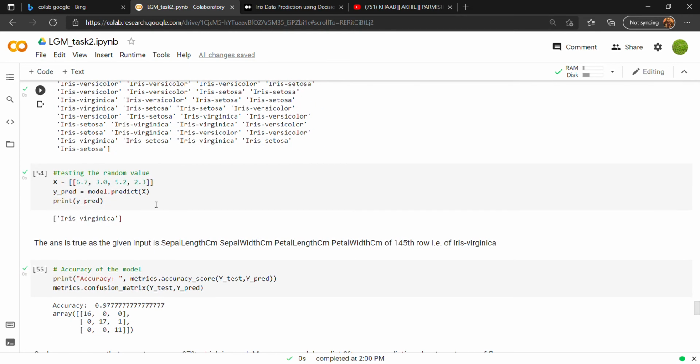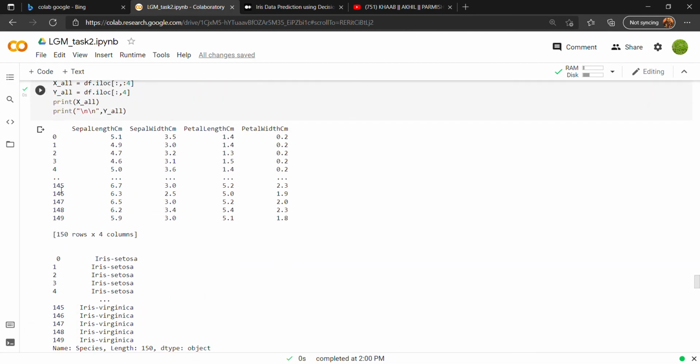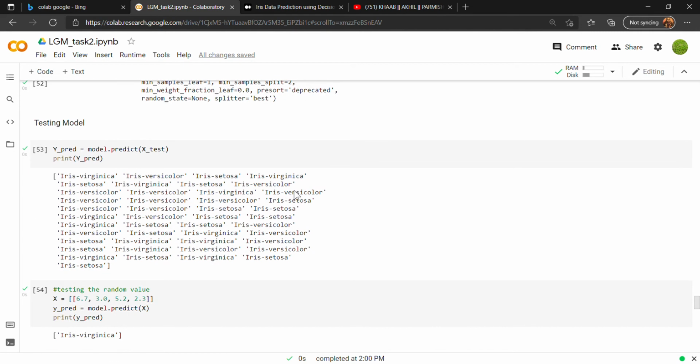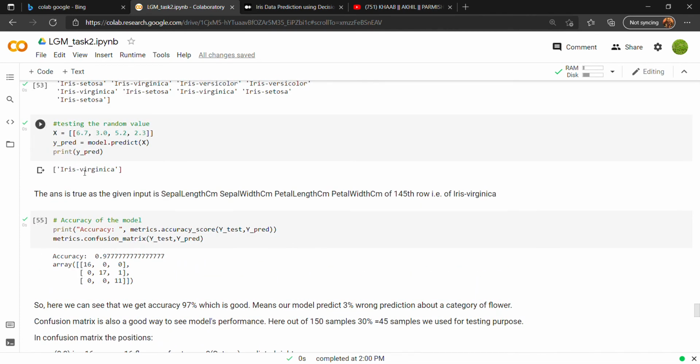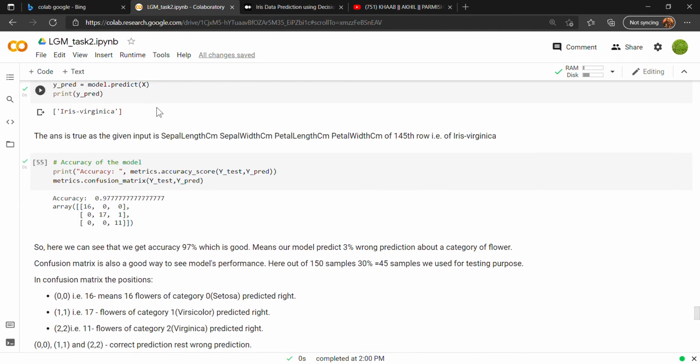Now we test on a random value. We have provided a sample random value from the given data set. I took the 145th one, that is 6.7, 3.0 and so on, and it predicted that it's an Iris virginica. When I checked, it was actually Iris virginica, so the answer was correct, so it predicted correctly.